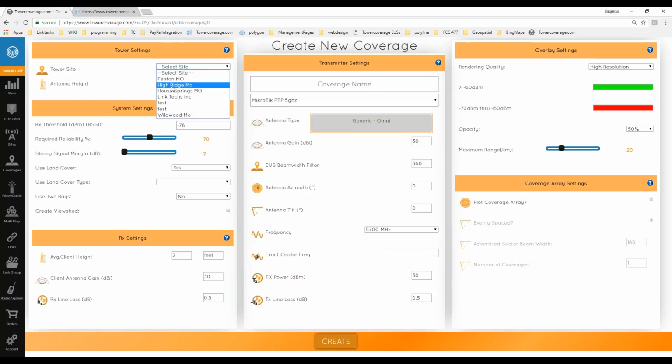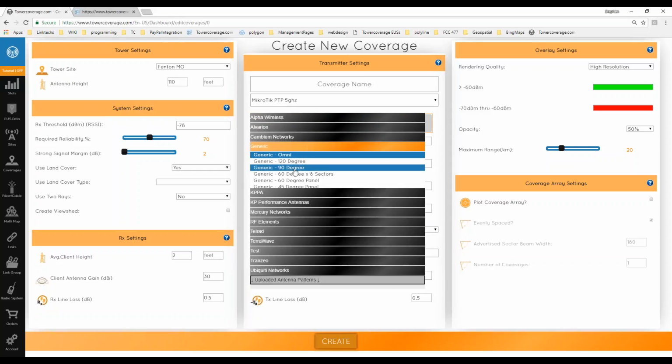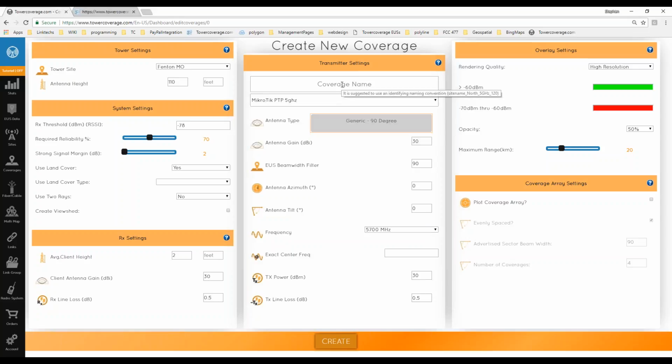You'll need to select your tower site. So we can just select one of our towers, and you see that it pre-fills the antenna height for us. So you can essentially select a tower site, it'll pre-fill the antenna height, you select your radio system, give it a name, and hit create. That makes it very quick to create a single coverage, or if you are wanting to create all the coverages around a single tower,